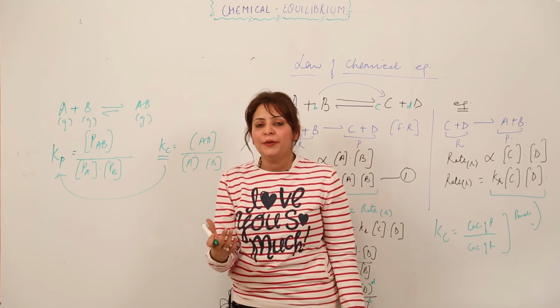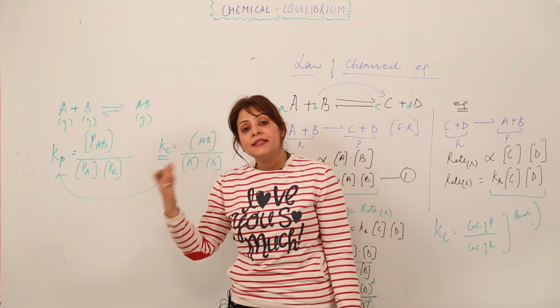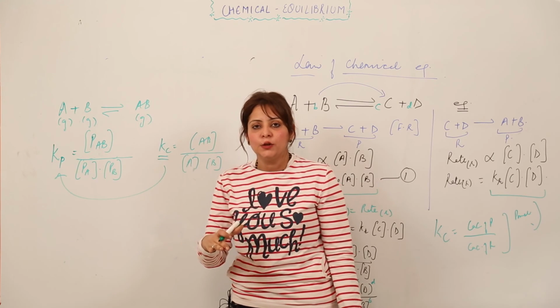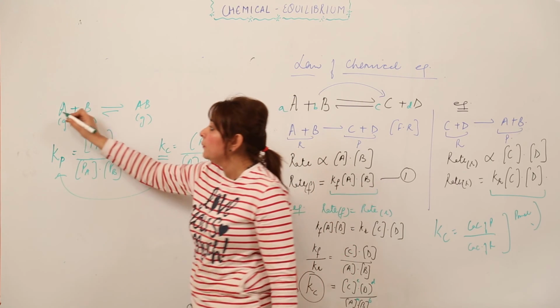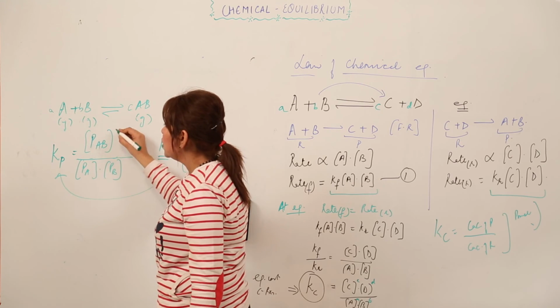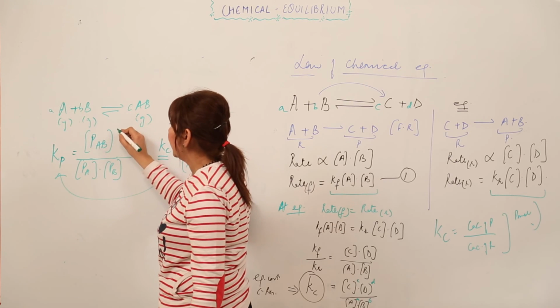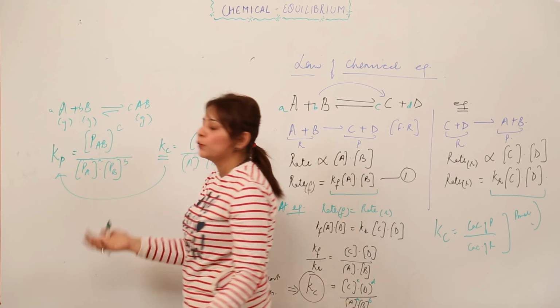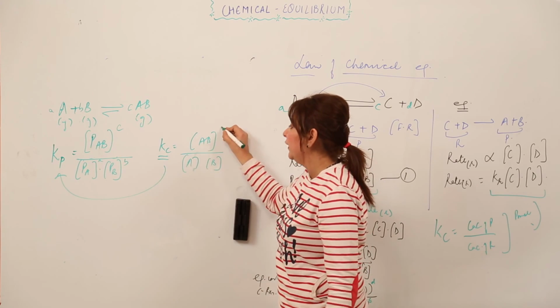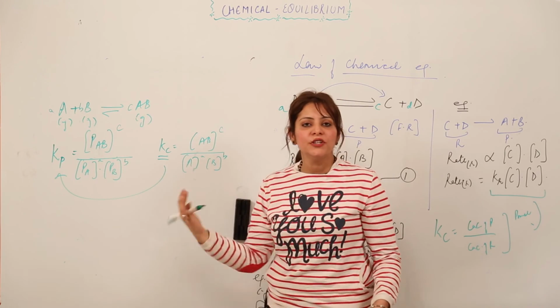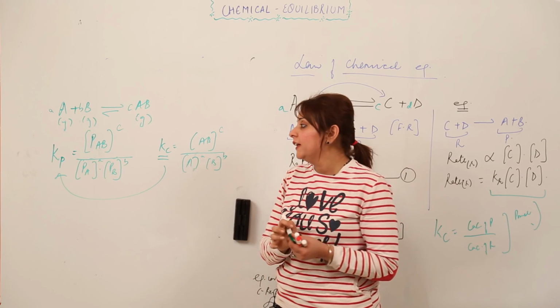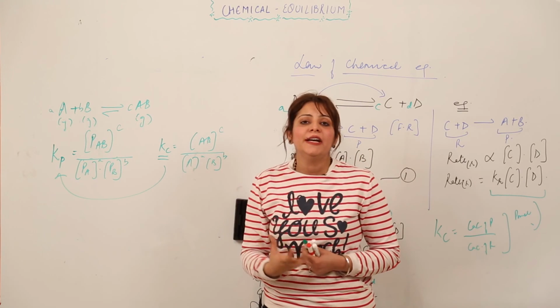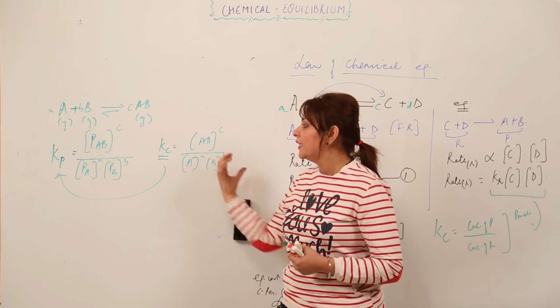You'll have the values for the pressure, and you're just writing the pressure in the same way, product upon the reactant. And if there are certain moles also, we are just raising these terms with respect to their moles. So this is what we are doing, and the same thing we were doing here. So this is how we are writing. It is just the way of writing that is being changed, otherwise there is no such change.